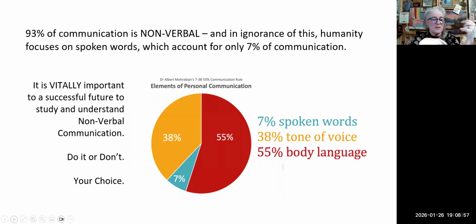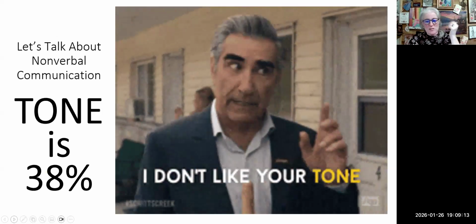Do they touch them on the arm? Like, what are the things that they're doing? Do they bow when this character enters the room? Do they step into the shadow when this other character comes close? What is it that they're doing that the reader can observe? Very important to think about that. So let's talk tone.